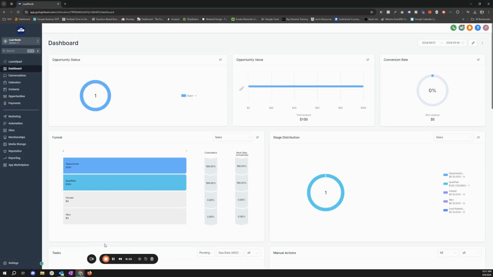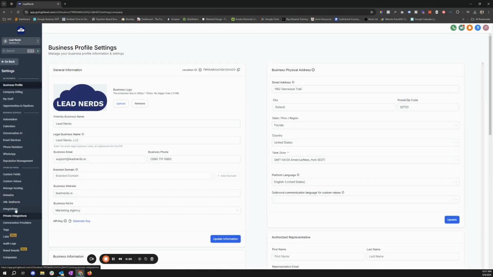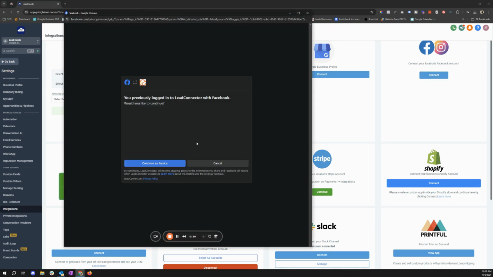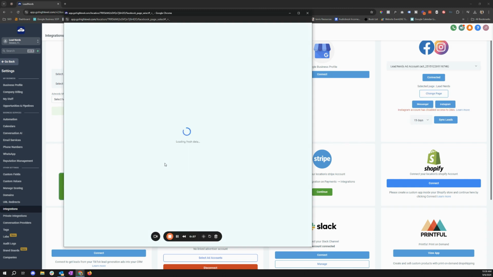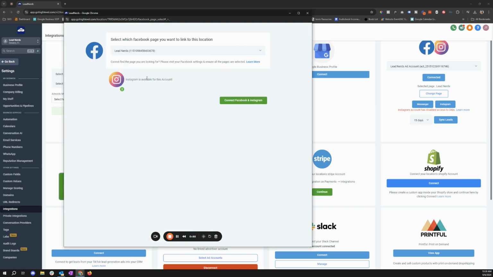So first, what we're going to want to do is from your dashboard, go to settings and then integrations. And then from here, you can see connect your location's Facebook account. So I'm going to click connect and then continue. All right, and then from here, I'm going to select the Facebook account, and it already says that Instagram is